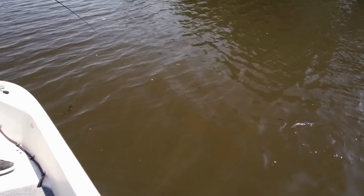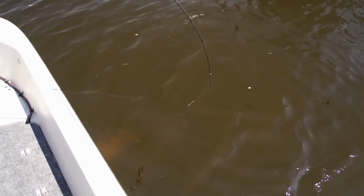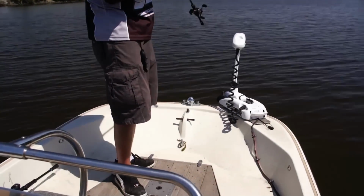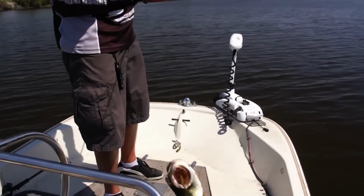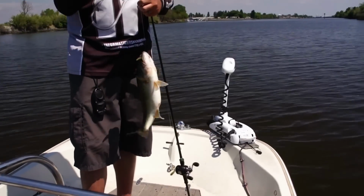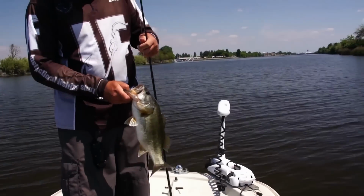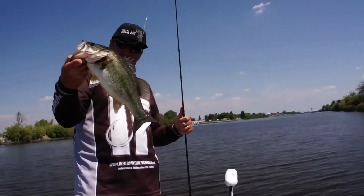So here's a prime example of exactly what I'm talking about. I went out, bottom of the tide, slick calm, no wind, bright and sunny, tough conditions. I'm looking for pre and post spawn areas, transitioning points. A lot of people look right around the mouths of the flats. You can see Buckley Cove off in the distance behind me. I was targeting the mouths of that and all the way across the river from that, looking for that deep